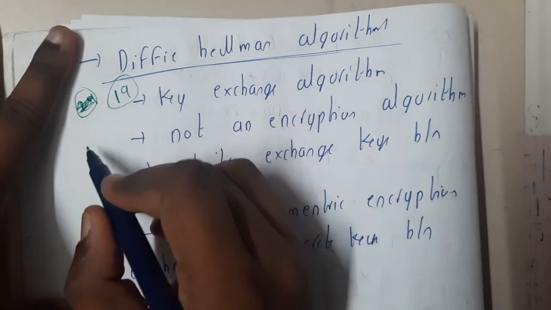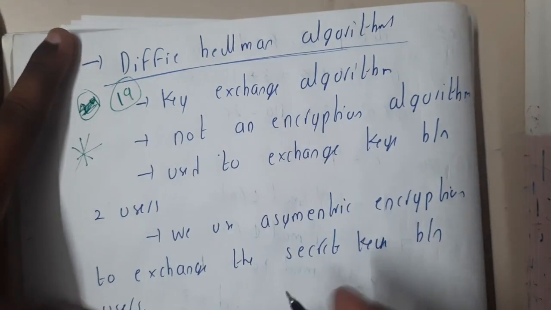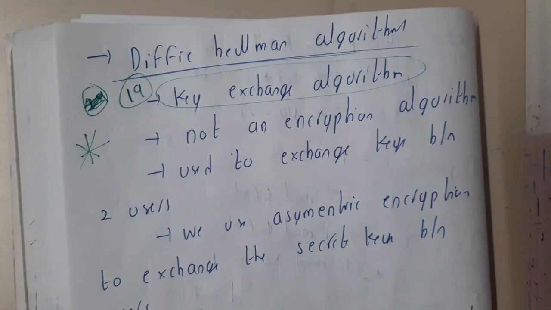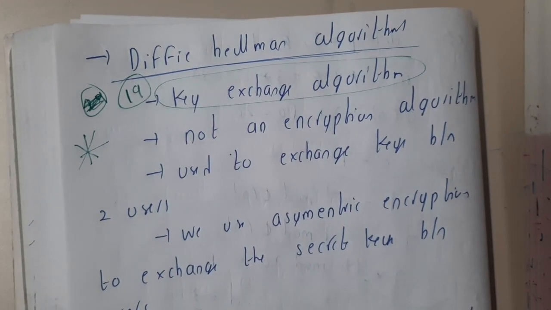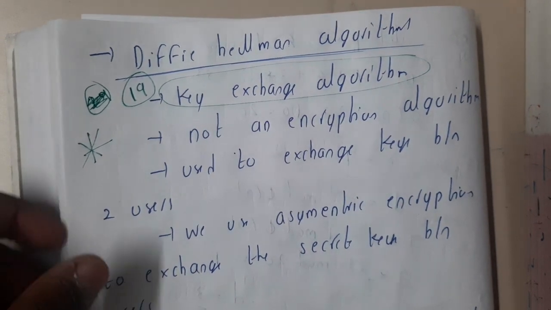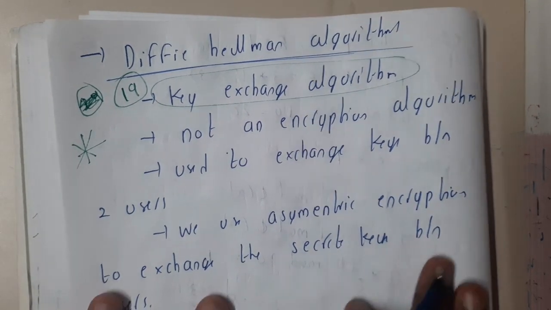To be specific, I know how the algorithm works, but I don't know how this helps in the exchange of keys. Even today, while writing this answer, I was a bit confused about how it is doing that. So I'll skip that part, but I'll explain the algorithm clearly, so don't worry about that.